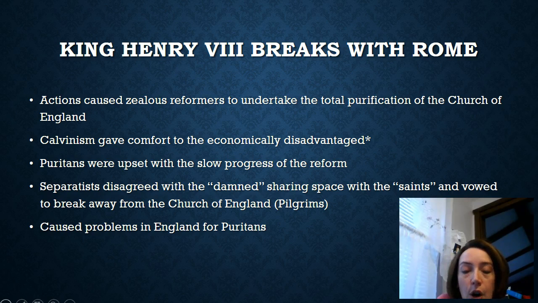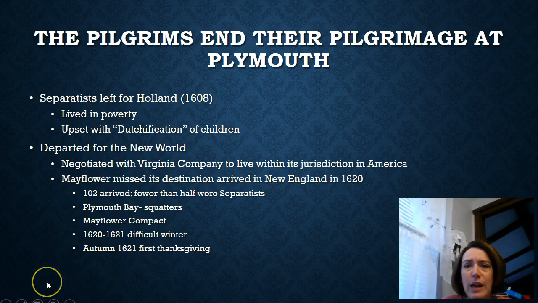And so it's after her, with James I and a series of leaders, where sometimes the Puritans are accepted and sometimes they're not. And so these separatists, who eventually are just feeling very frustrated, say, we're going to leave. We're going to go somewhere else. We're going to pick a place where we can be free to practice our religion without this fear of, will we fall out of favor?